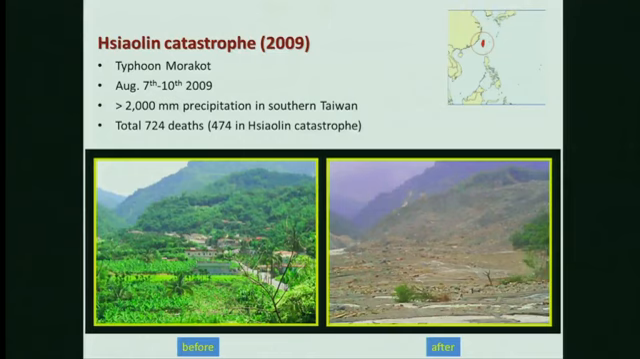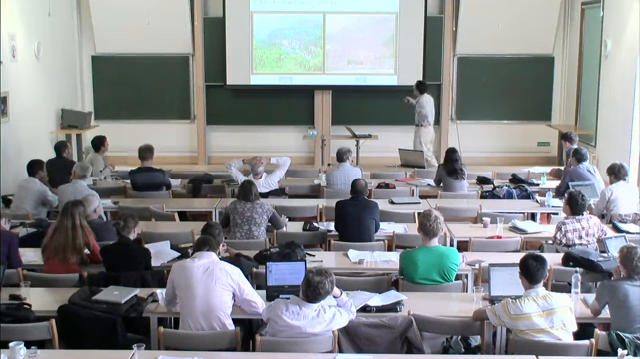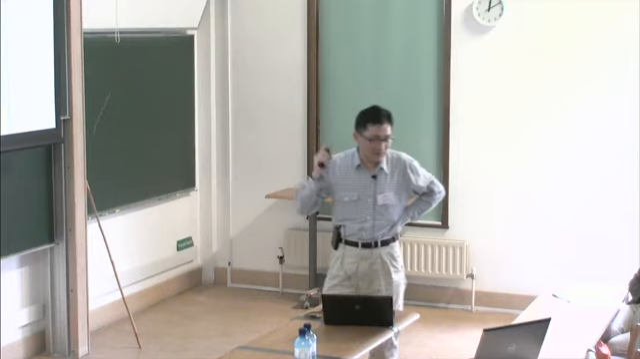This happened during a typhoon. We call it Morakot. During the period of the typhoon, the accumulated precipitation was more than 2,000 millimeters in 3 days. So it induced a huge landslide and destroyed one village, the Shaolin village, and almost 500 people were